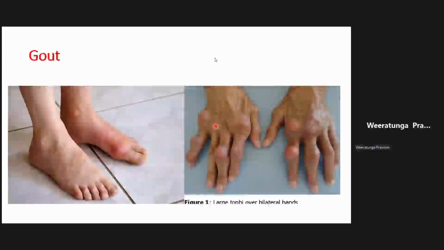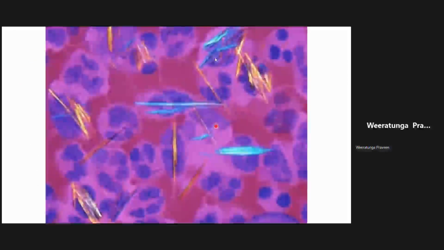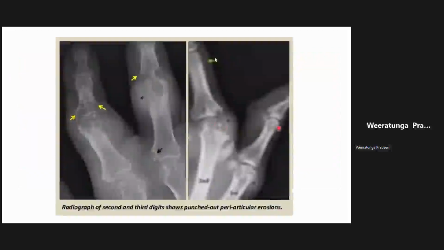But I also told you that in some people, they can develop a more chronic form of gout, which has polyarthritis and gouty tophi. Now, in those sort of people, you get this sort of appearance on the X-rays where you see a lot of